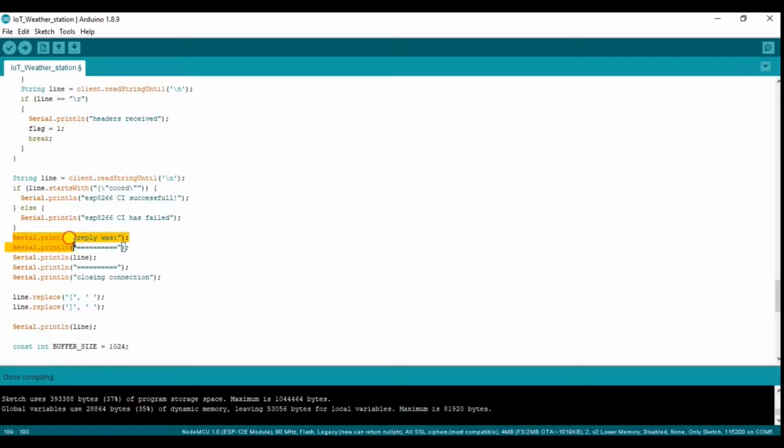So for the reply was, the whole of the reply I am printing using this line variable, and after that I am printing closing connection.